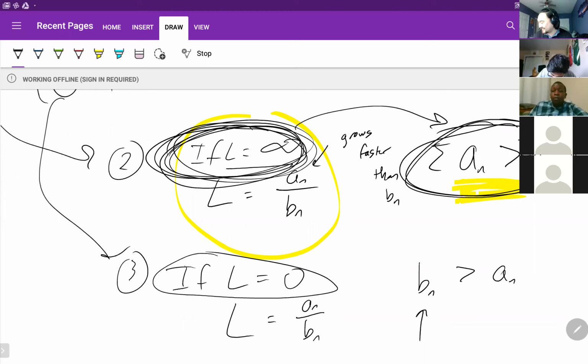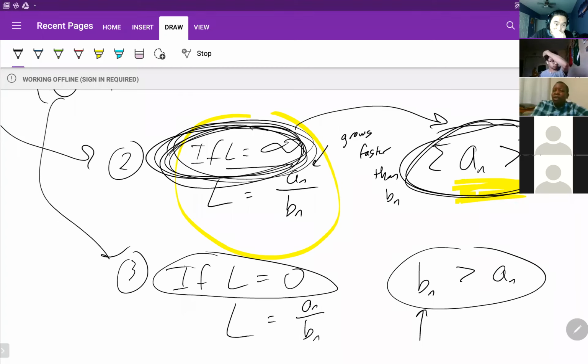Oh no. I feel like I understand why they gave us the name now. They're related to the direct comparison test and everything. It's called the limit comparison test because we're using limits to see the growth rates, as opposed to direct comparison tests where you're directly comparing. You use the limit, and after you find the limit, you then use the direct comparison test. In the second and third case, yeah, pretty much. The first case is just that.